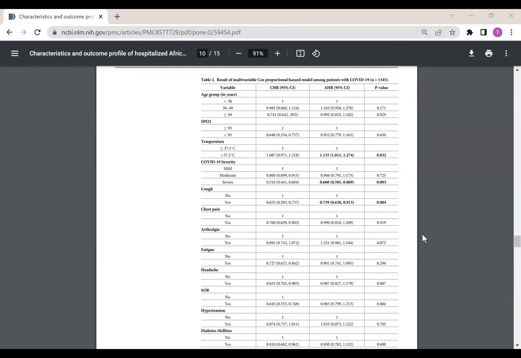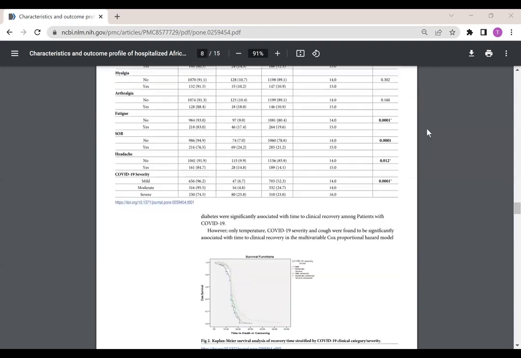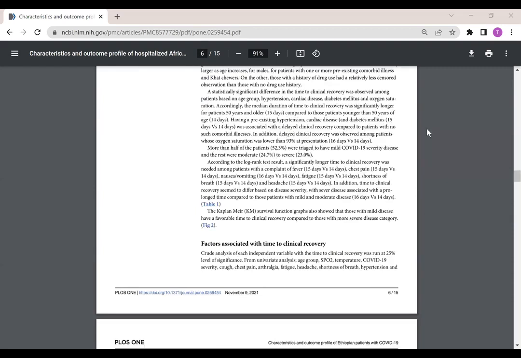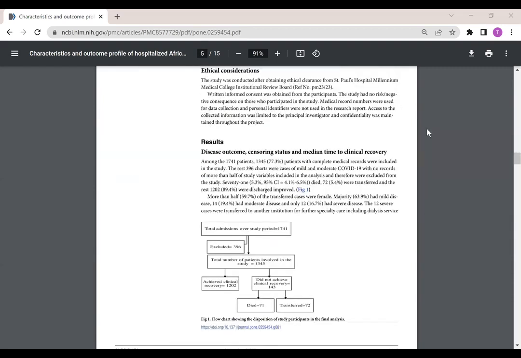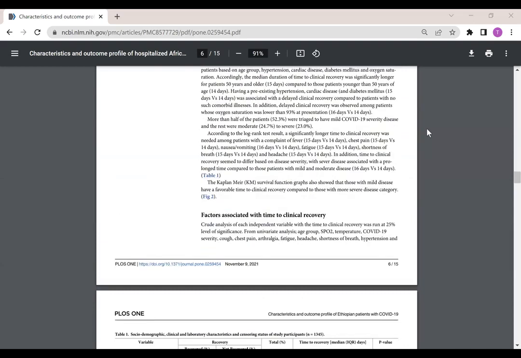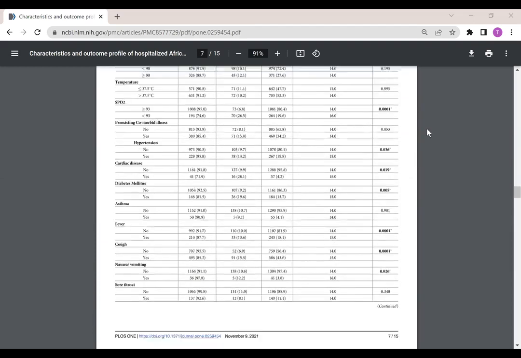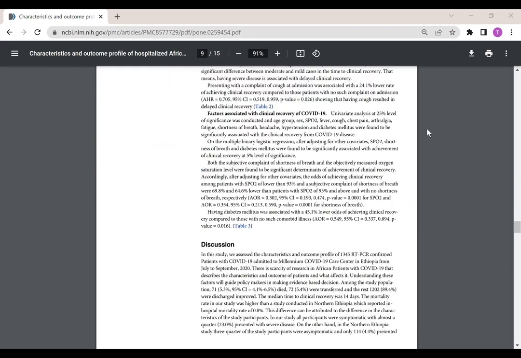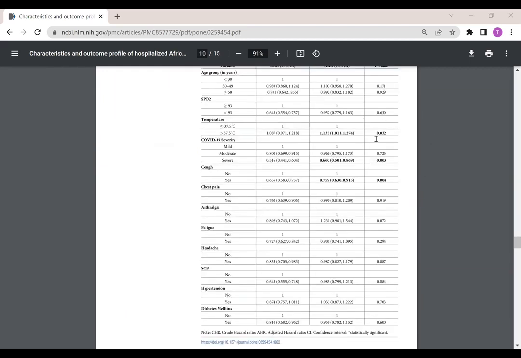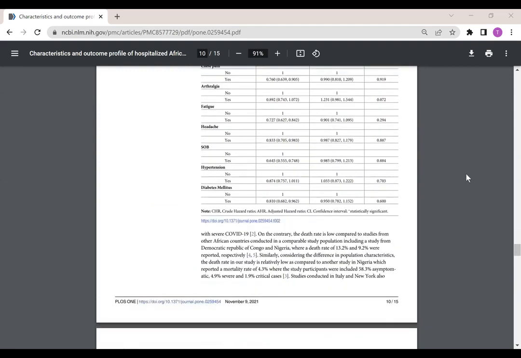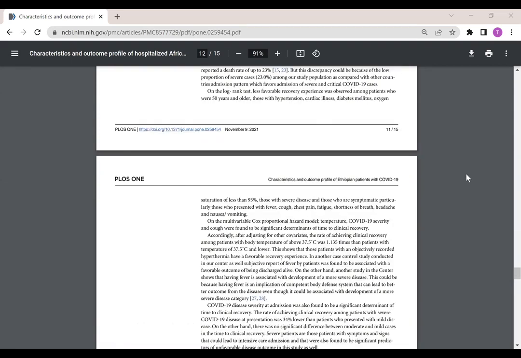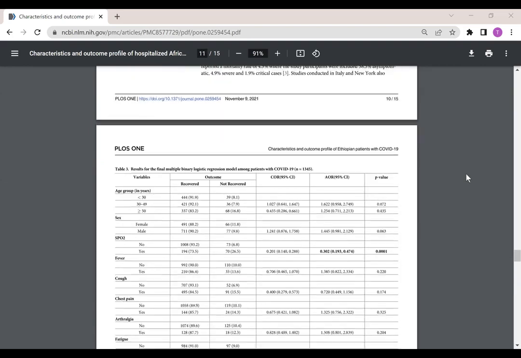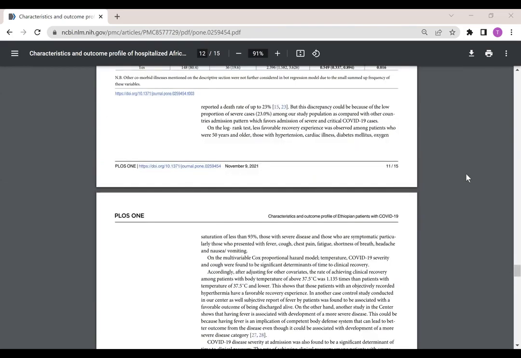And so our discussion should focus on, even if we have all these results, these are like supplementary results which we can use to further characterize or discuss our findings. But the main focus of the findings should be based on our outcome variable, the magnitude of the problem, which is the rate of death, 5.3%, and the significantly associated factors, as you can see here, fever, COVID severity, and cough. So there are two regression analyses. That's why I'm skipping the other. If you're interested, you can read this on your own.